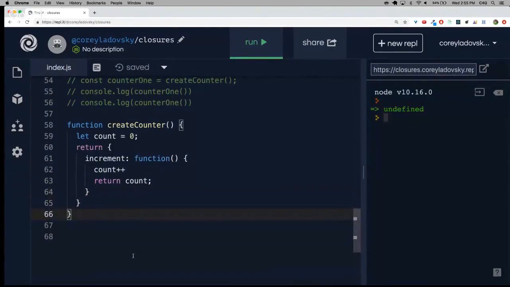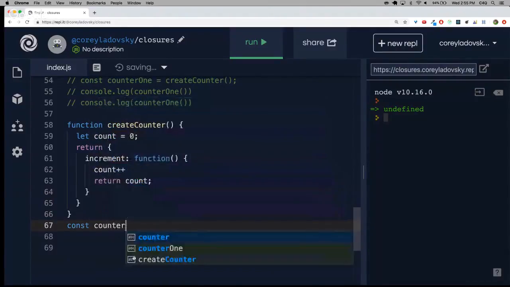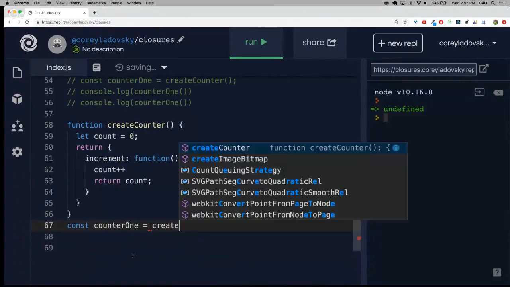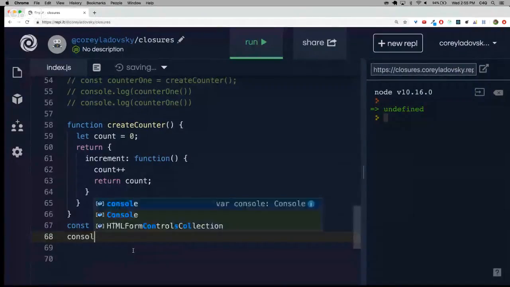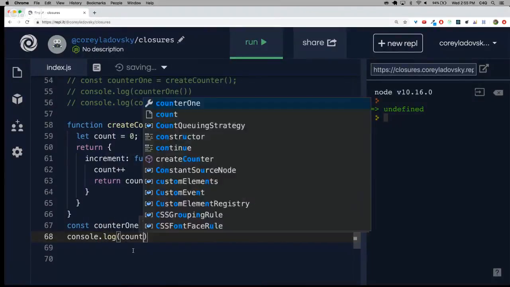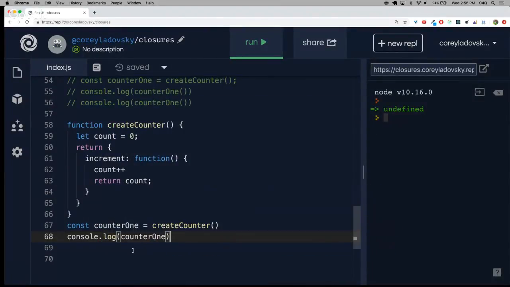Okay. So now I can go const counter 1 equals create counter. Okay, so right now, if I console log counter 1 this time, what do we get now? Object. Sounds good, Trey. I like that. We get this object with this function in it. So if I want to increment this, I can say